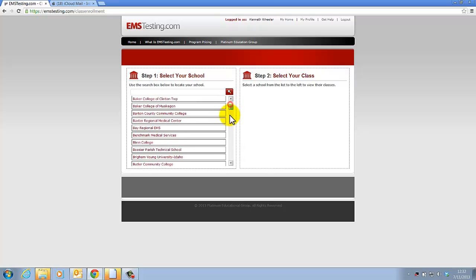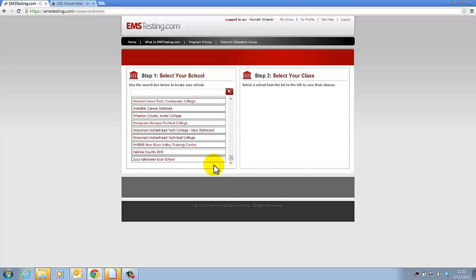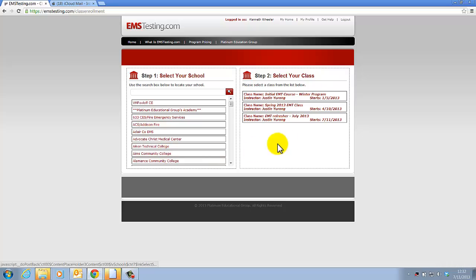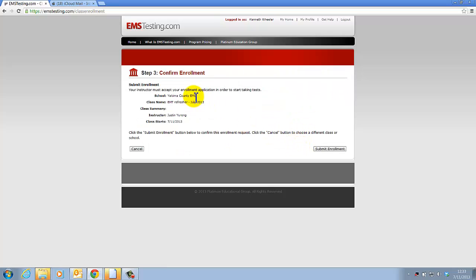And on this page, this is a very important step. We scroll all the way down to the bottom and we find Yakima County EMS. It happens to be second one from the bottom. Click on Yakima County. And then your course that you want to register for is the EMT Refresher July 2013. Make sure you're selecting the correct course. If you do not select the correct course, then I won't be able to add you in. Verify again, it's Yakima County EMS, EMT Refresher, July 2013, and that I'm your instructor, Justin Yurong. When that's done, click the Submit button,